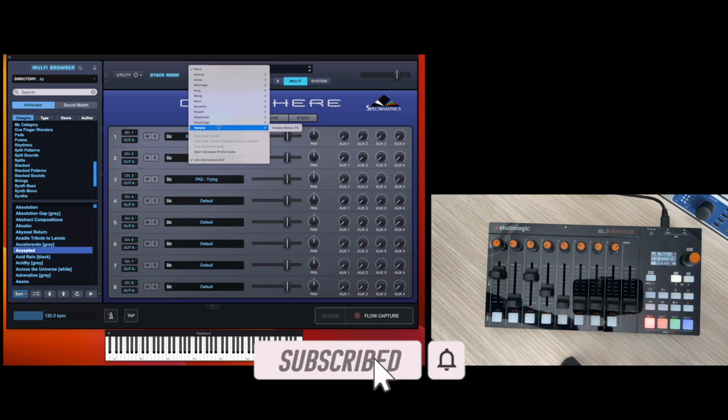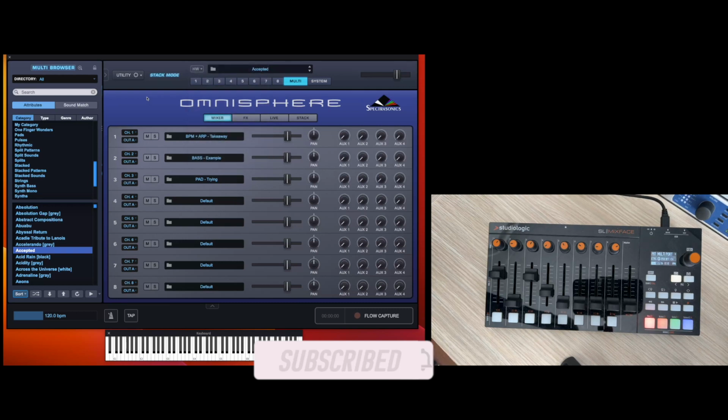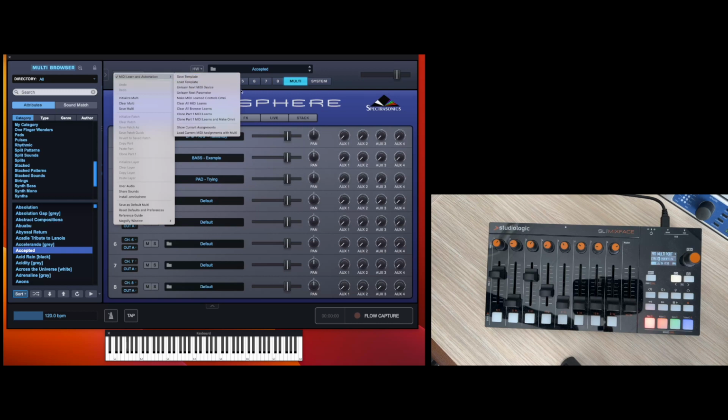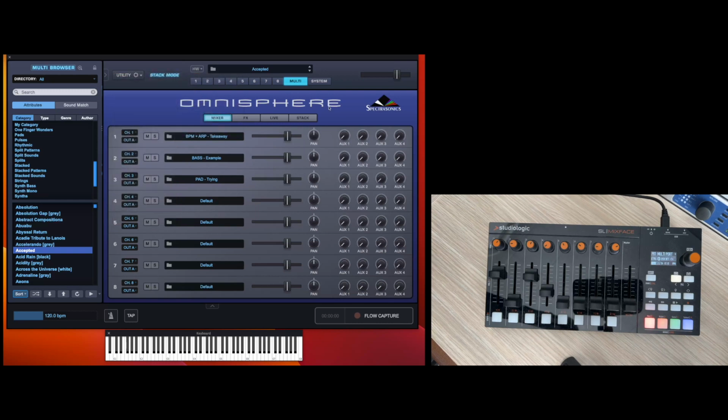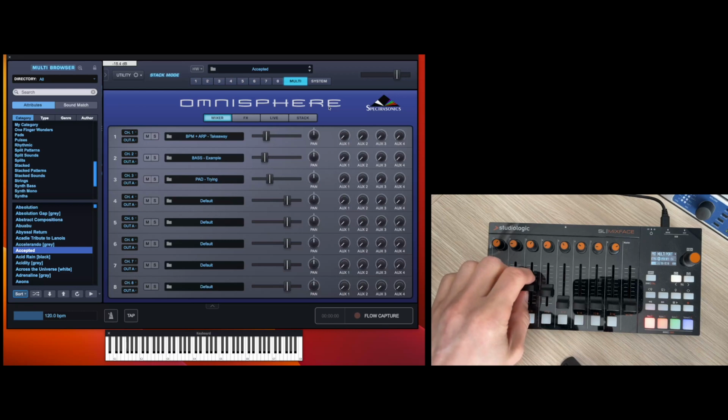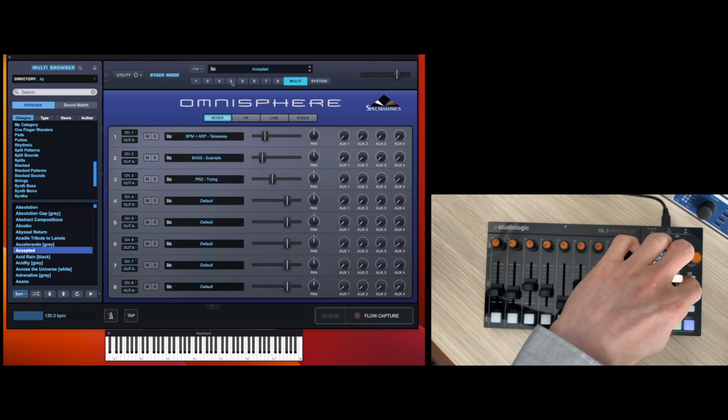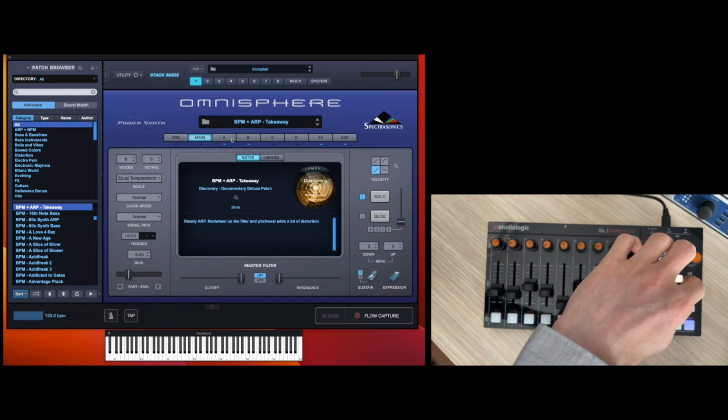So cutoff will change the cutoff, etc. Now, I don't have any of those, so what I'm sticking with is this wonderful MIDI learn and automation, because then I have absolute full control of exactly what these knobs do to the parameters on Omnisphere. And just to prove that it's actually taken everything,